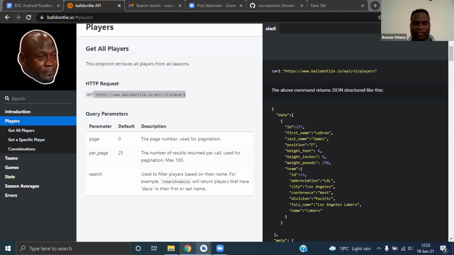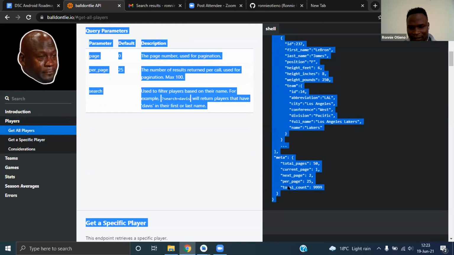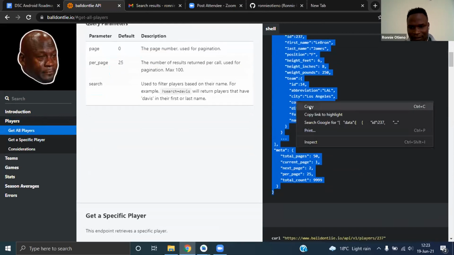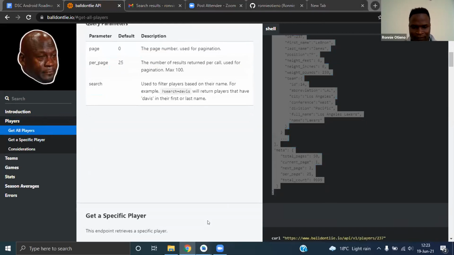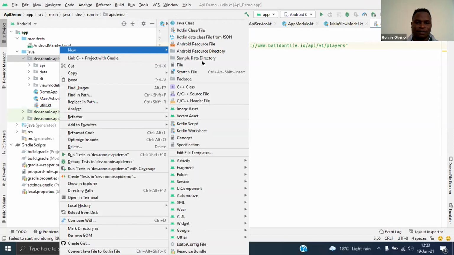And for us to make a response, we need to get the data and see how it's structured. So we'll just copy this. It shows what we will get from that. Yeah, so copy that. First of all, let me add model.